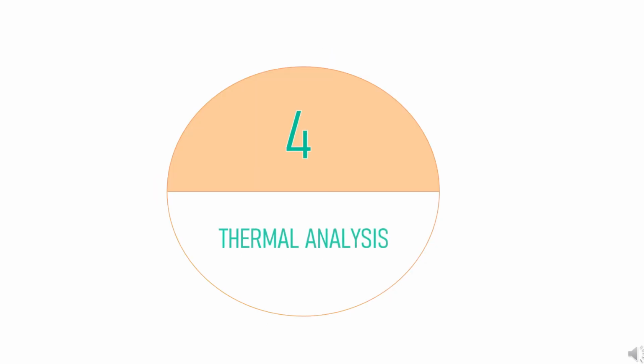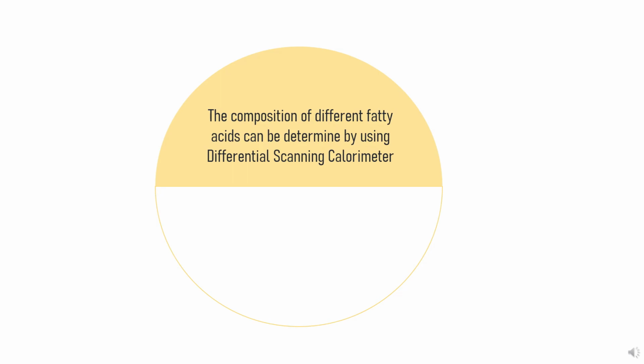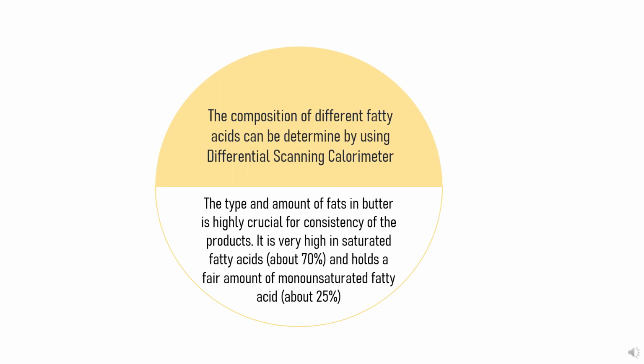Finally is thermal analysis. The composition of different fatty acids can be determined by using differential scanning calorimeter. The type and amount of fat in butter is highly crucial for the consistency of the product. It is very high in saturated fatty acid, which is about 70%, and holds a fair amount of monounsaturated fatty acid, which is about